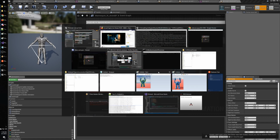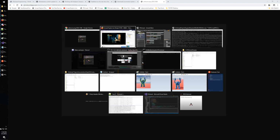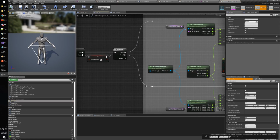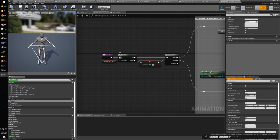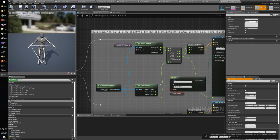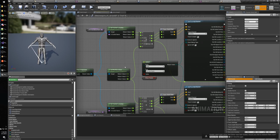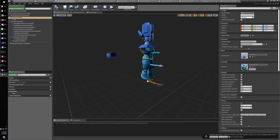By the way, let me check my screenshot just to see if it was connected or disconnected. So inside the mannequin IK animation blueprint, in the foot IK, it said just disconnect this, right? Yeah, disconnect this, and it will not do it. Okay. The problem is that if I want to apply, I mean, can we just go without it for a second? Or do we really want to do it? It would be interesting to understand, but